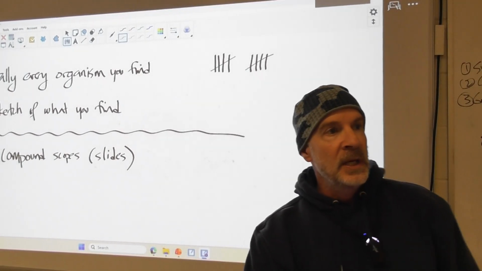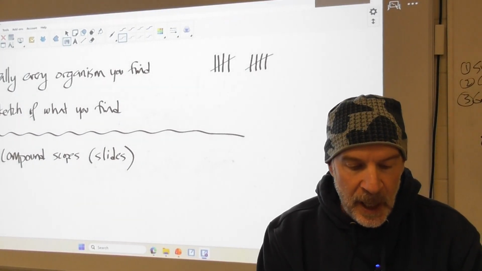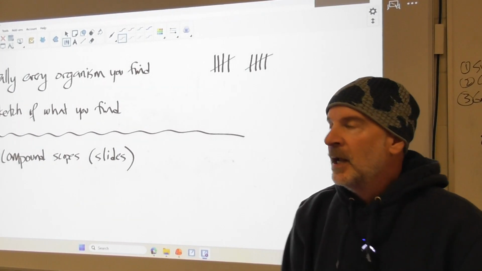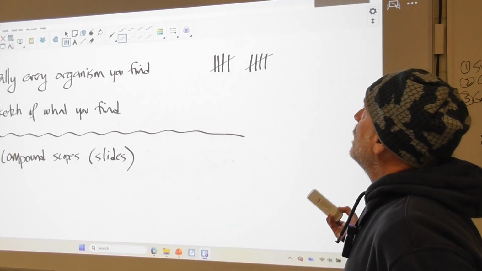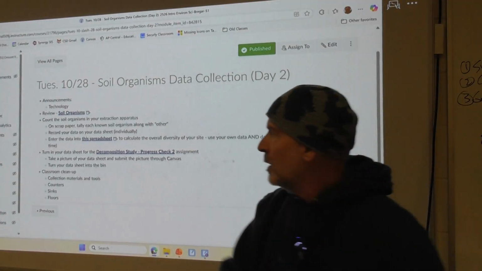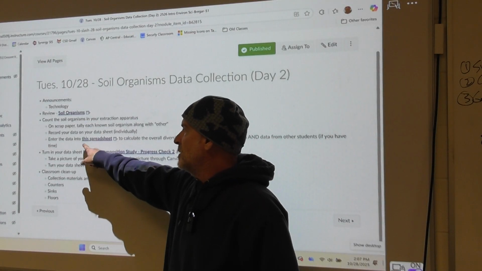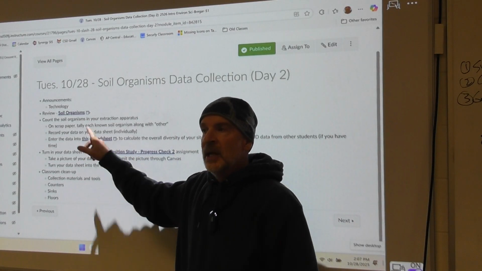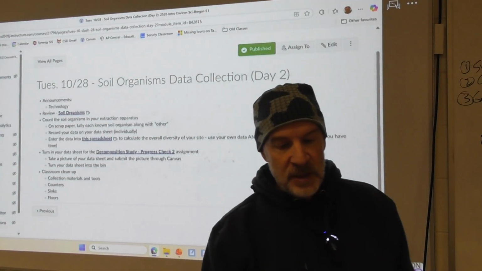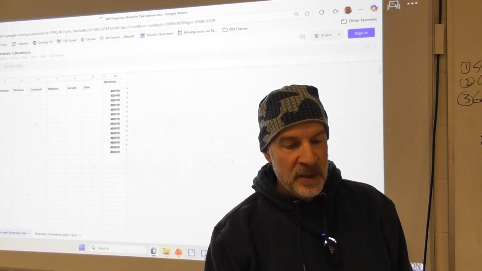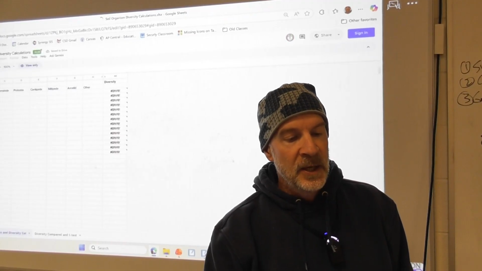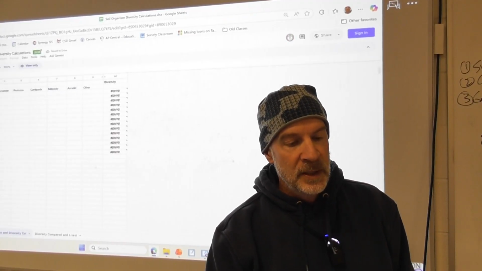What you're going to do is click in Canvas. You're going to click right here where it says enter the data into this spreadsheet. And what you'll need to do is make a copy of it. So when you click, it'll open up a spreadsheet. And then in order to use it, you'll need to,